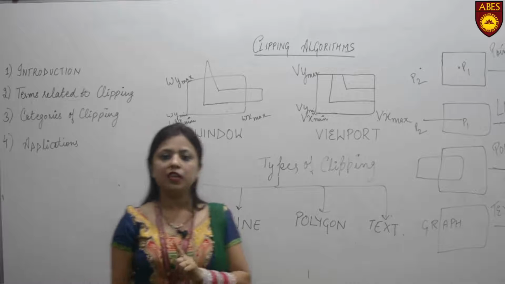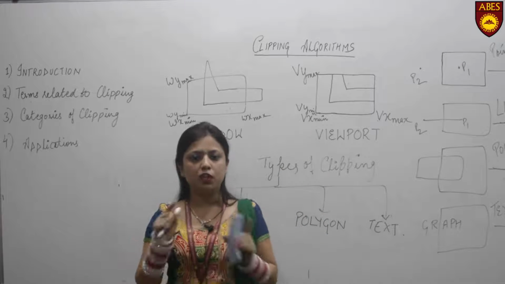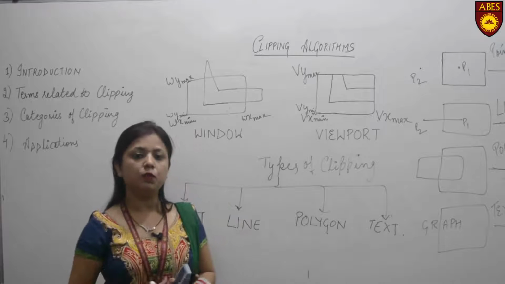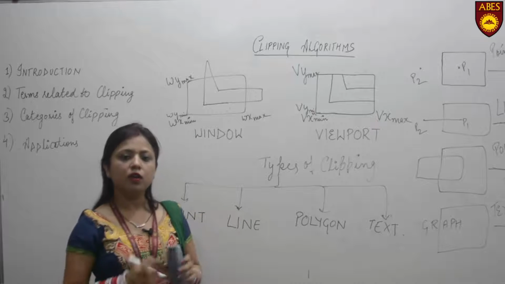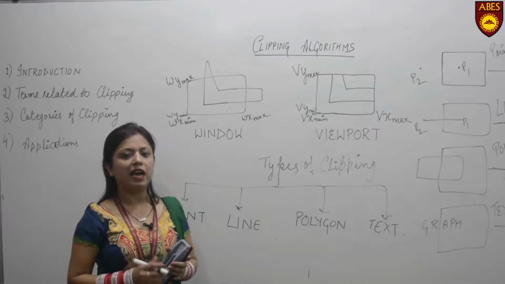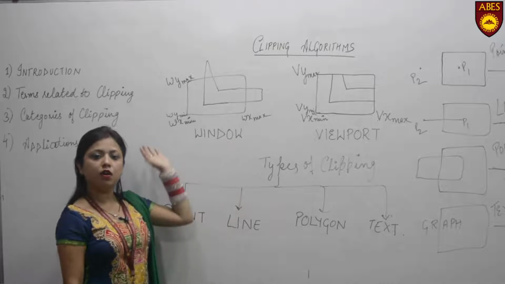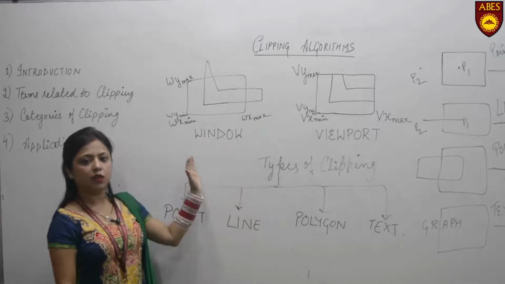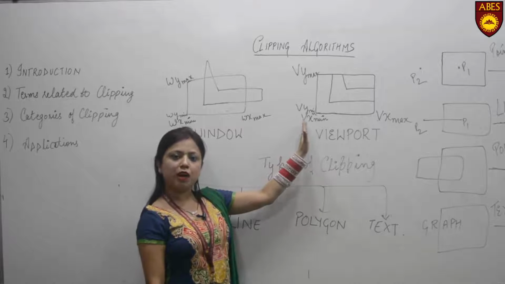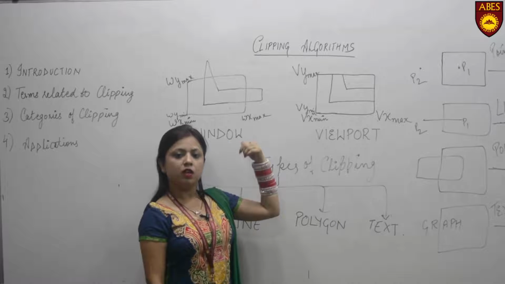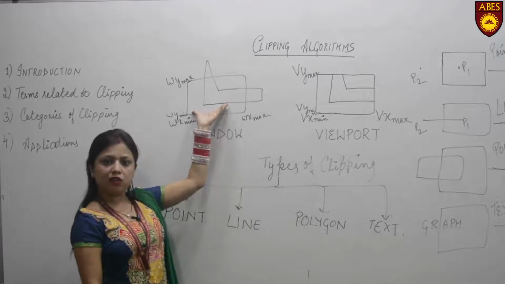There are basically 2 terms related to clipping: one is windowing and another is clipping. I keep repeating the word window because it is the basic component of your clipping algorithm. A window is simply a bounding rectangle created along the input image. So windowing is the process of creating a boundary along the input image. When you create a boundary, you get as output only the part which was inside that boundary, so we display only this particular region.